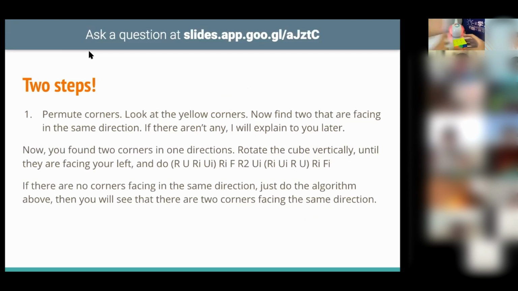To permute the corners, you're going to find two corners that are facing in one direction. So you rotate the cube, look around it, and find these two that are facing, sort of like eyes looking in one direction. Of course, a very important note: there is a rare possibility that all of your corners are already in the correct place. If so, just skip to the next step. But for now, we're going to assume that you're not a very lucky person and you have to orient your corners. So you look for two that are facing in one direction. If they're facing in one direction, you hold your cube so that these two are